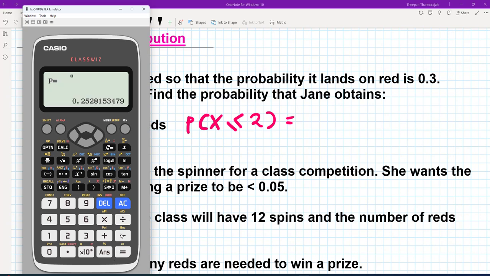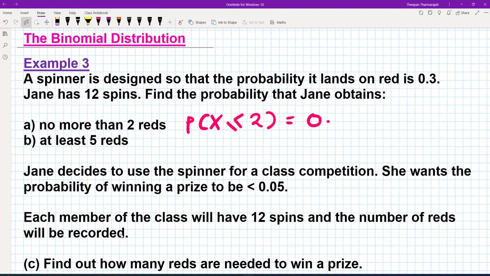And that will give me 0.2528 to 4 decimal places. And then you want to do part B, at least 5 reds. That's the probability that x is greater than or equal to 5, which is the same